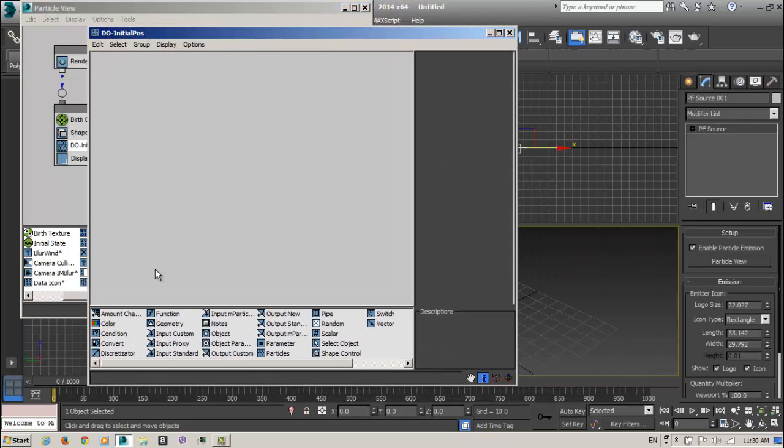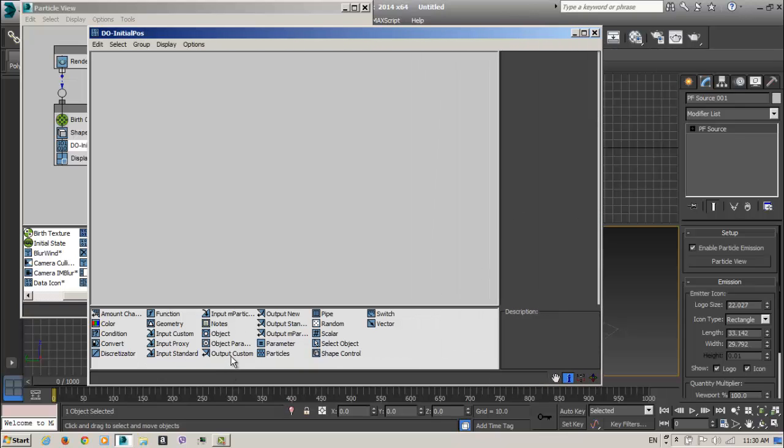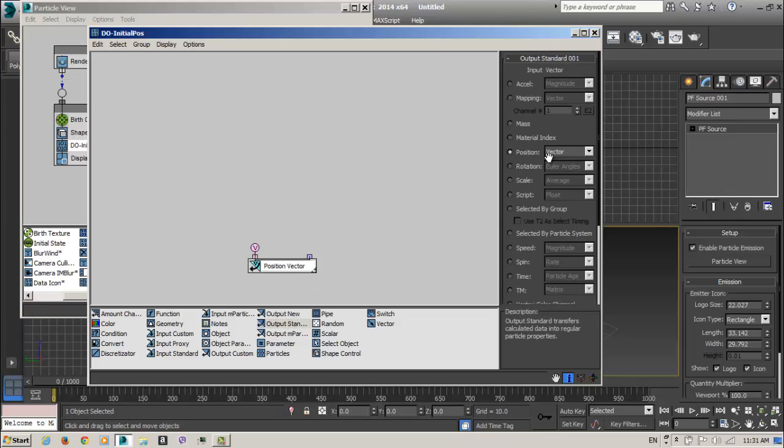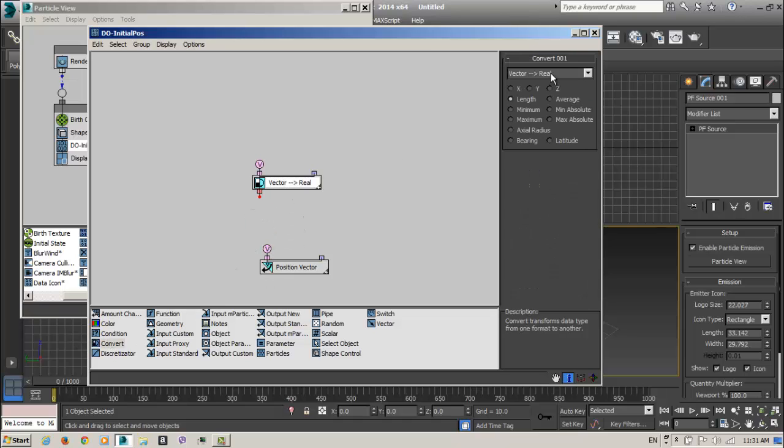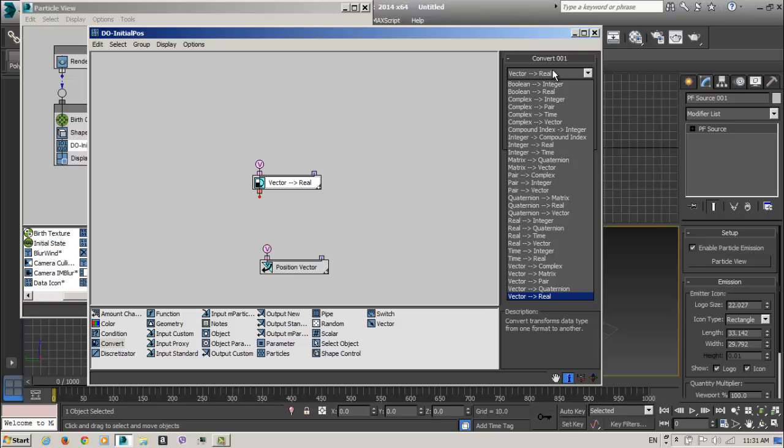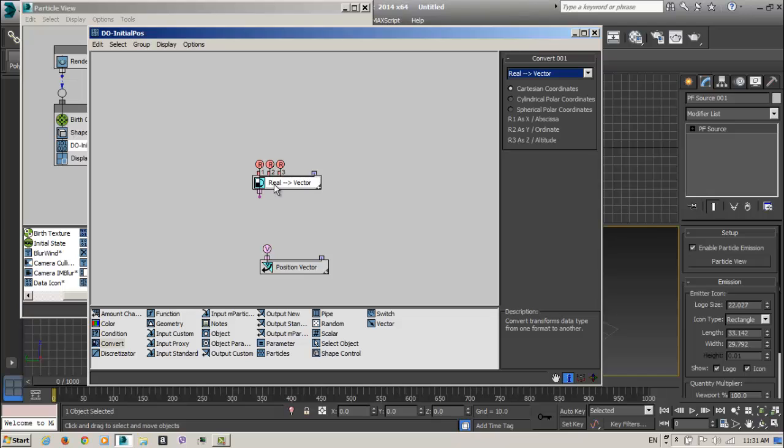Okay, so what we want to have here is an output standard, which will be our position. Okay, and we need also a converter from real to vector.